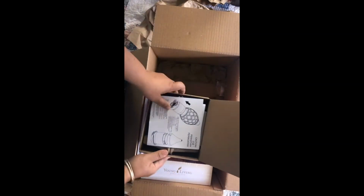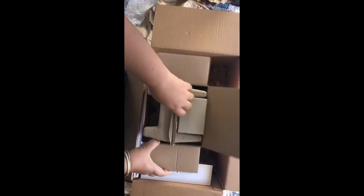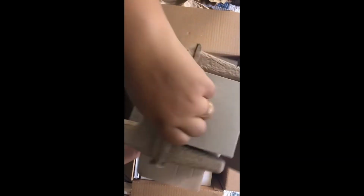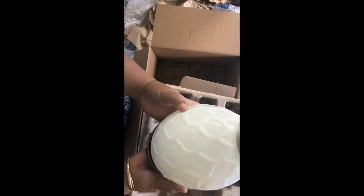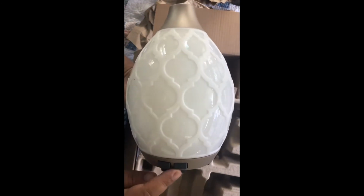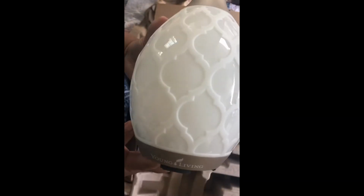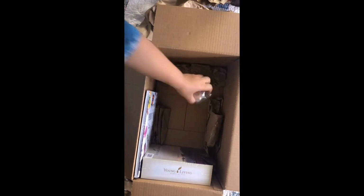and one of my most favorite parts is the Desert Mist diffuser. I can't wait to use this one. There's still more. I've got dental floss,